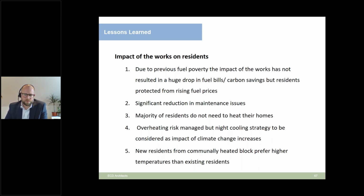Overheating risk is managed, but perhaps with climate change, we've modelled the scenario of the next 30 years and how rising temperatures might need to be managed in the building, and night cooling is something we need to consider because a Passive House building will have a much more stable range of temperatures. So if you can capture that cool night air in a building, then you can keep that in the property. So it potentially can perform a lot better than a standard building, even in a summer heat wave. And residents,